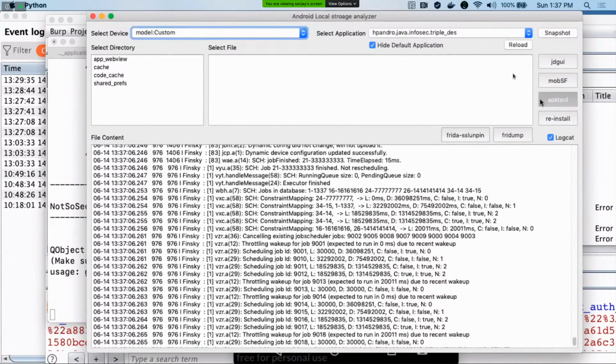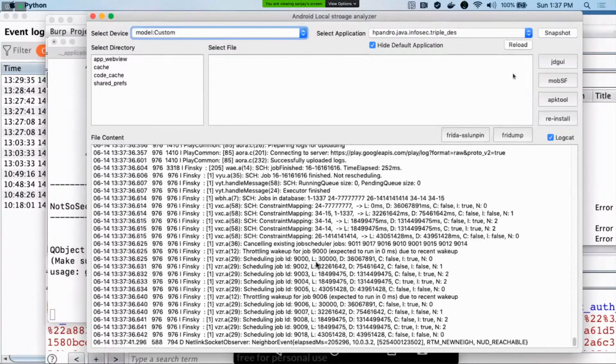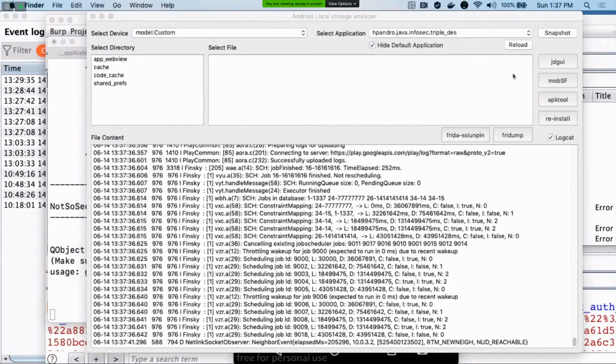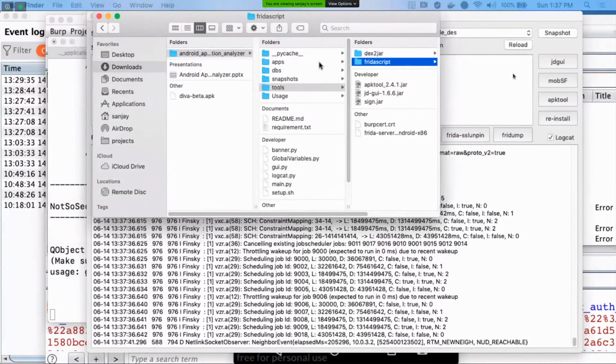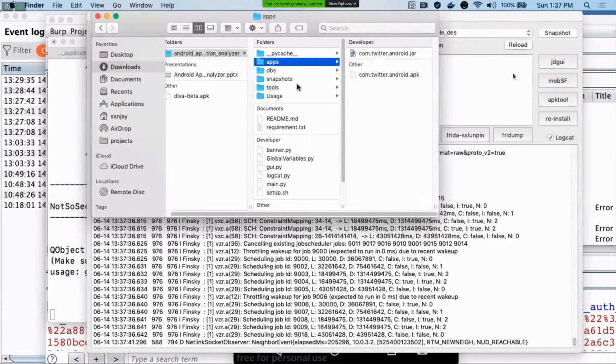Okay, so it basically decompiles the source of that particular application, and it's stored inside the folder called apps over here.